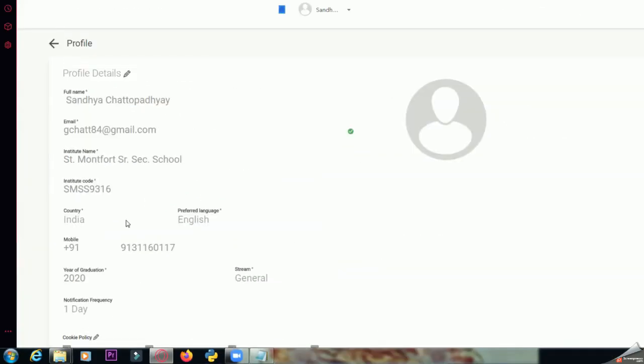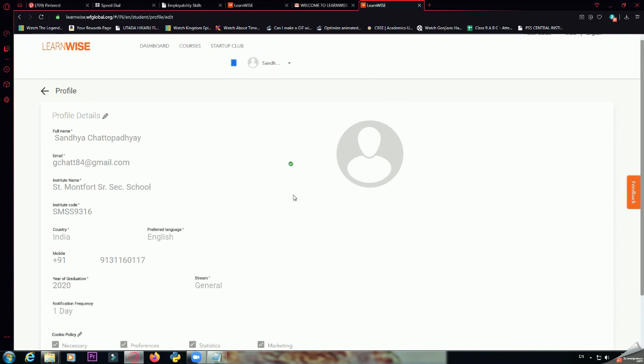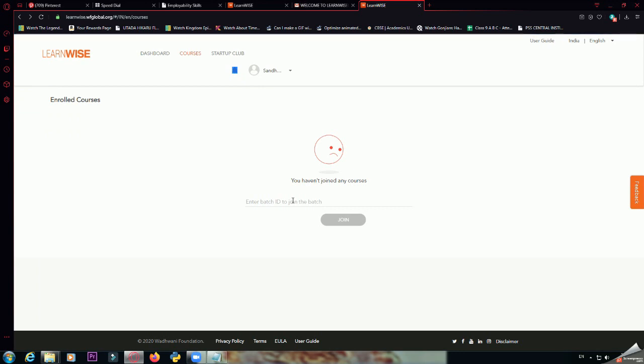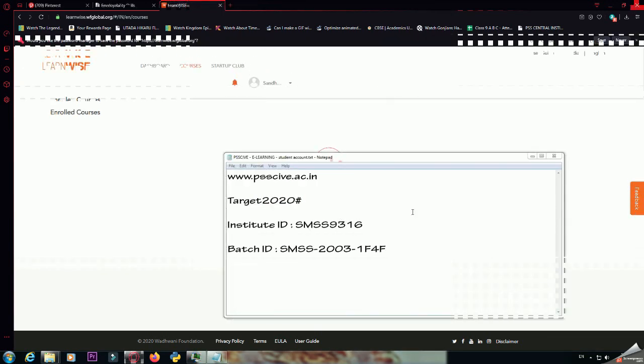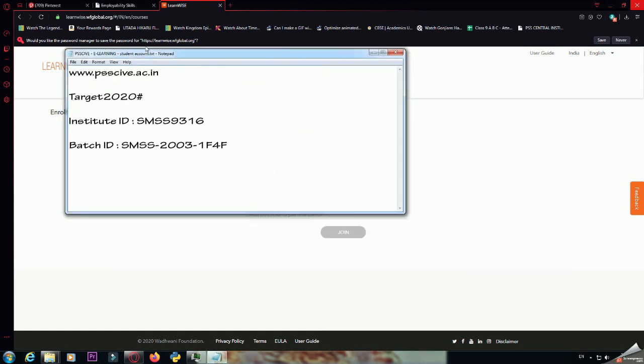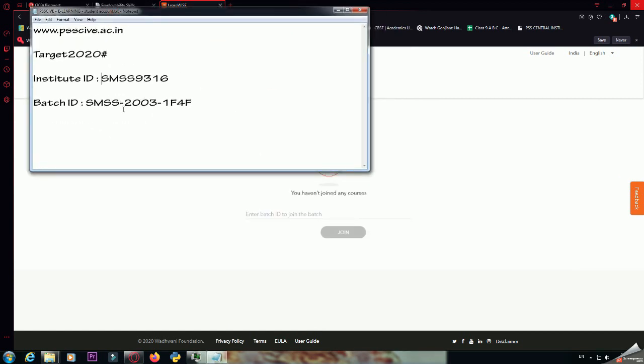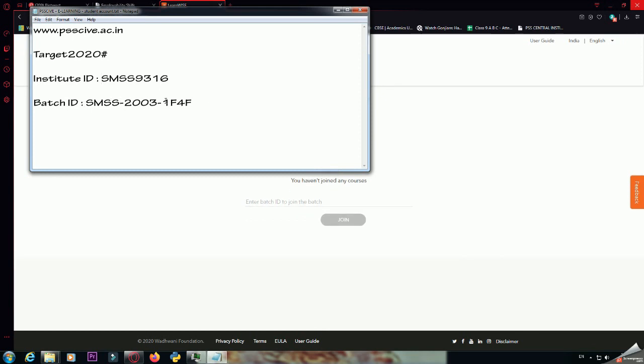and I'm looking for any other option over here, nothing else. So I'll just go back now, and you have to be given the batch ID. So batch ID would be given to you. Yes, so batch ID will be provided to you by your instructor. Like I will be providing the batch ID. So this is exactly the batch ID which you have to use. So you can either note it down right now, but otherwise also it would be provided to you. So this is your batch ID and this is the institute ID. These two things are to be